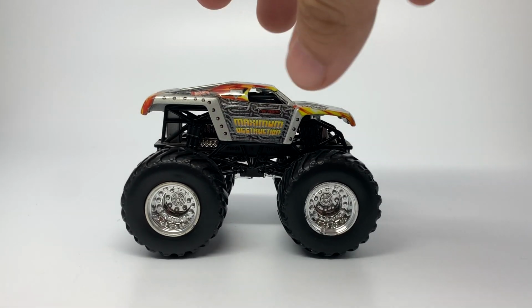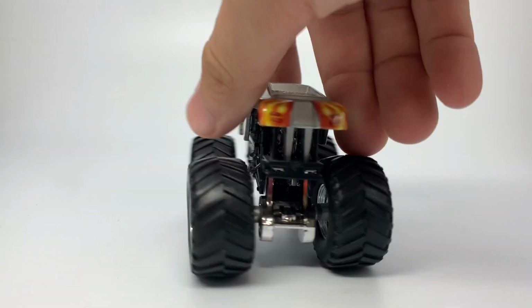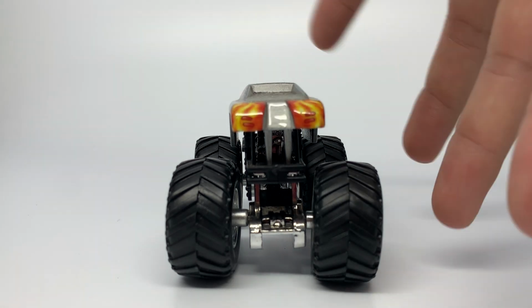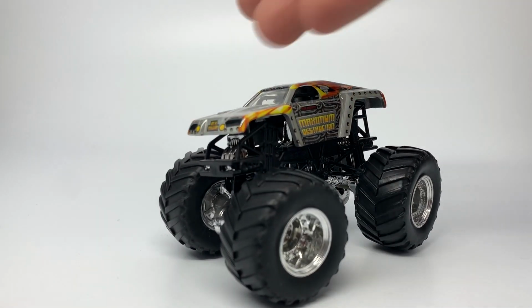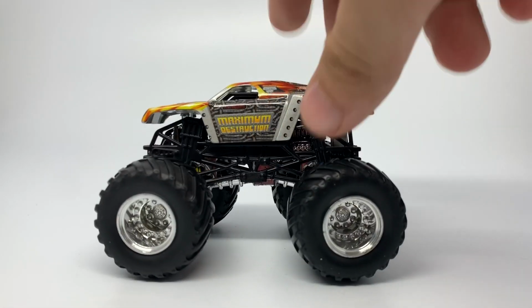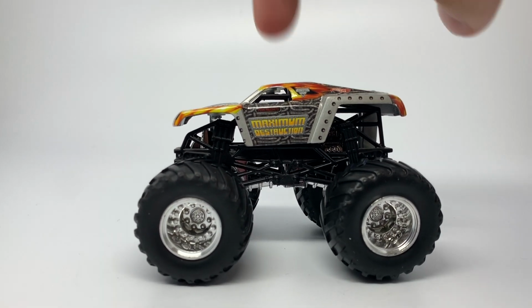They can improve upon the casting. There's a pretty decent casting right here with Mattel's, but I would like the 3D taillights and all that. I know they can do a good job. And of course, it would be a little sized up so you could add more detail. Again, Mattel did a pretty decent job with their casting of Maximum Destruction. However, and this is one I just want to toss in there, they did a terrible job with